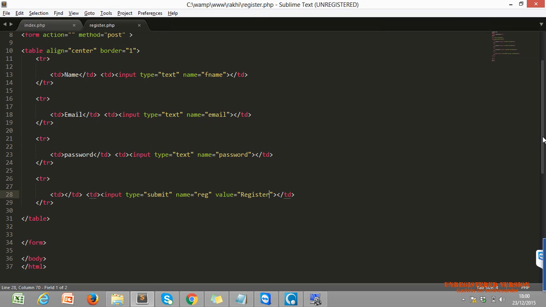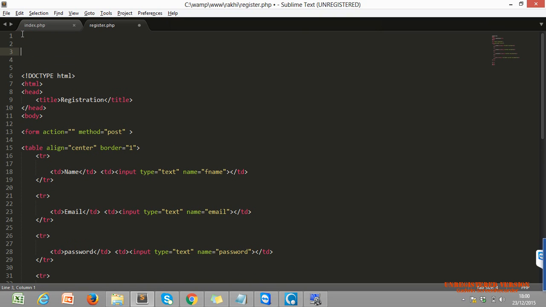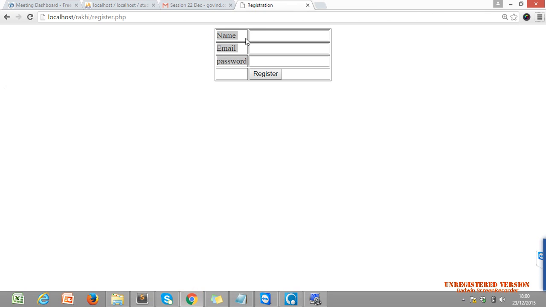Now I just want to catch the value. How do we catch the values? Whenever we click, let's say I enter something, email, and the password, any password.